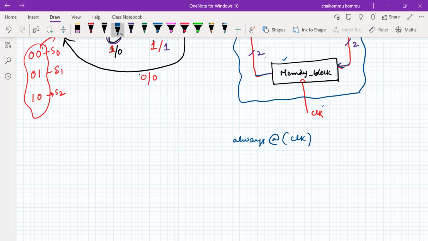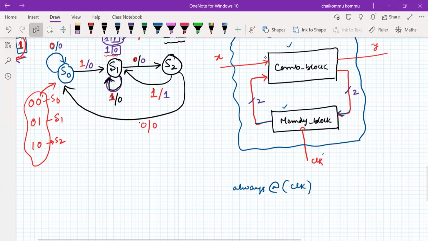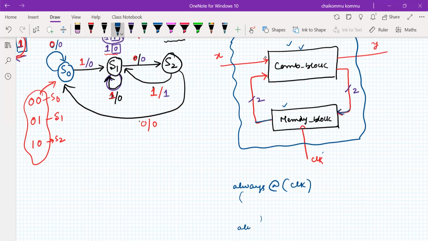Next, another always block. This always block is depending upon what factors? X comma present state. So for example, this is the present state, this is the next state. So depending upon this one, we can write a program for this one.